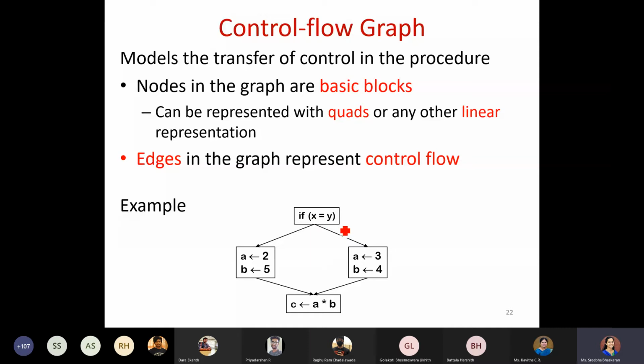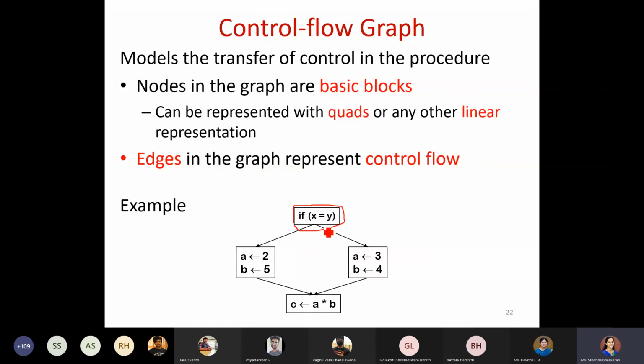So you have written this for if statement. Whatever controls or statements you have written, you have made into a block. This block is what is called a basic block. Each rectangular box mentioned is considered a basic block. Whatever set of statements you have, everything is put under a rectangular box, and that box is what I call a basic block.